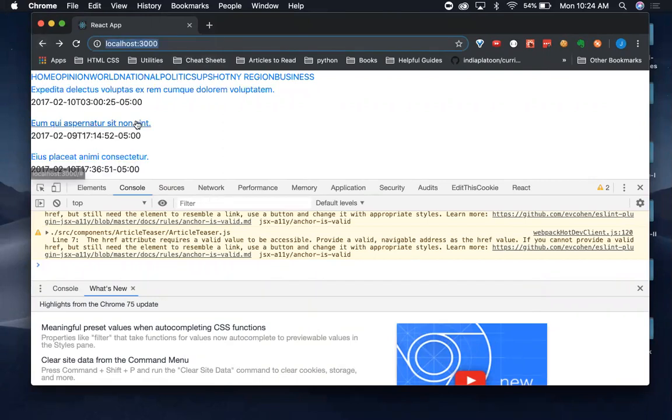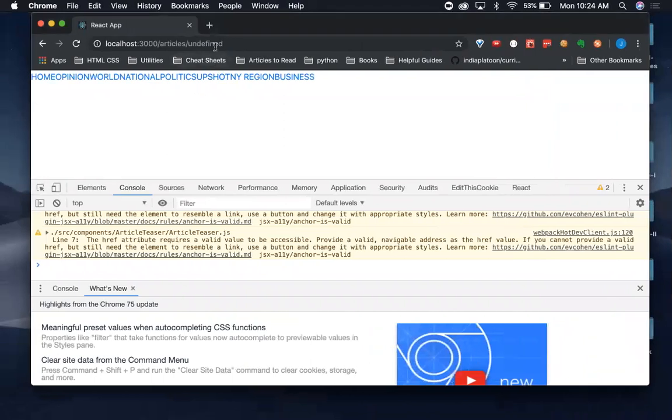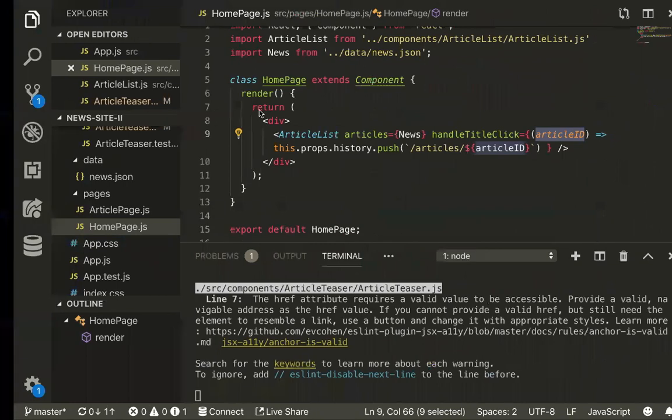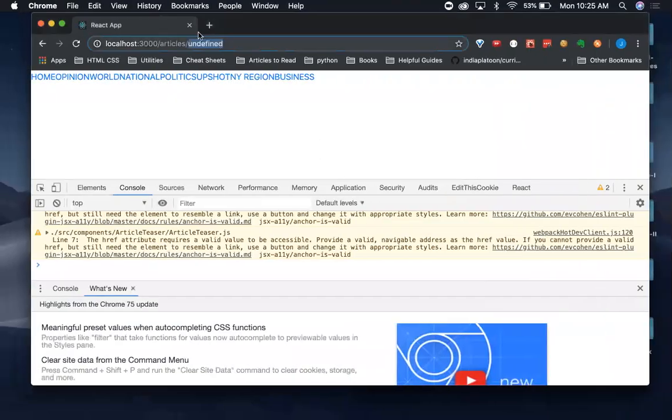So when I click this, it fires this handle click. It takes in the article ID. Right now we're not passing it correctly, so it's getting rendered as undefined. We'll fix that in a second. But the important thing is we can see this /articles, right? It gets pushed onto this history object, or this history array, and React Router, whatever the last thing in that array is, that's what it's going to put up in the URL, right? So after that gets pushed on the array, the router changes the